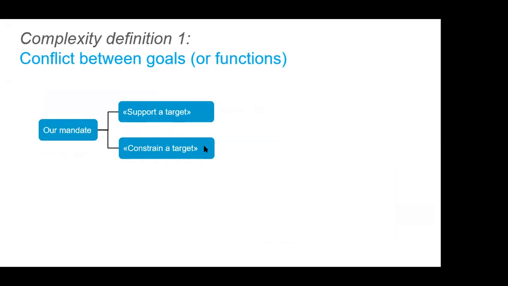which has a mandate, it has been shown that some federal agencies and other organizations as well have conflicting mandates. On the one hand, they support a target, but they're also mandated to constrain the same target. For example, after the Mexican Gulf oil disaster, it became known that the agency that regulated the oil business in the Mexican Gulf was also responsible for attracting investment to the same industry. So there was an inbuilt conflict in the mandate of this US agency.